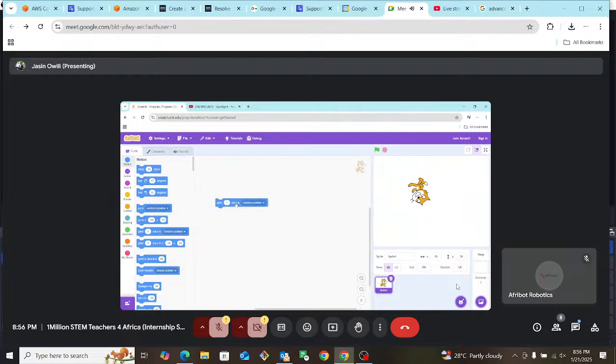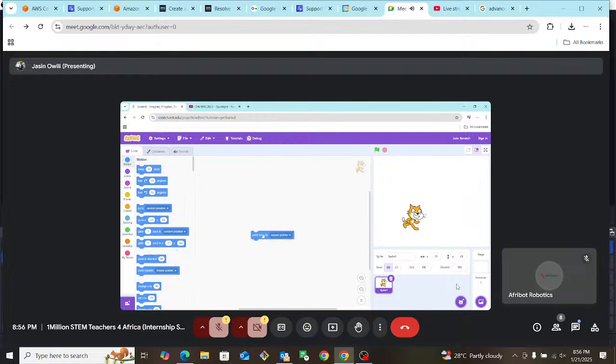You can also have it glide to random positions. Okay, so gliding is more of a continuous smooth movement. You can see my sprite just did that. You can make it point in direction. So that is 90. If I wanted it to point to 100, I can just do that and make it point to 100, as you can see, and yes, so on, so on.